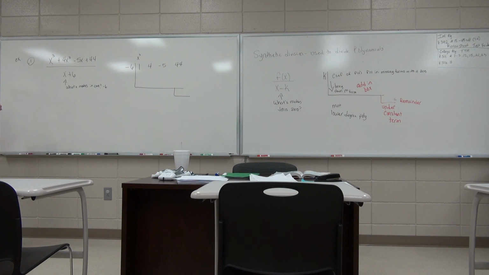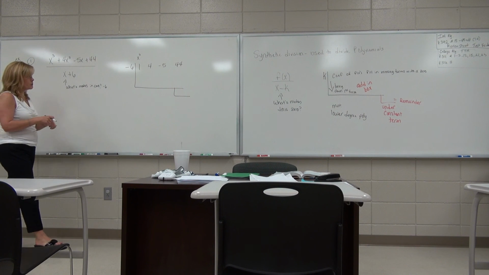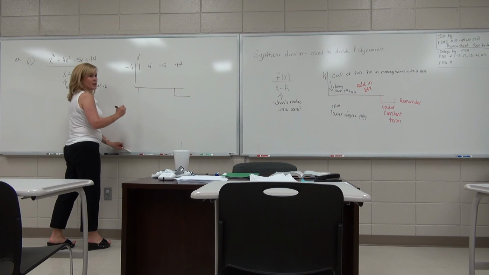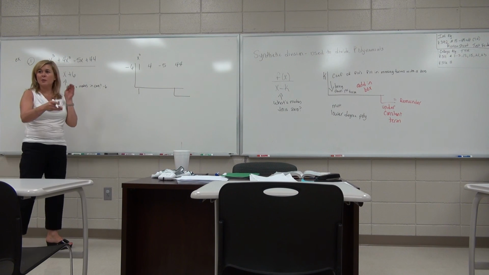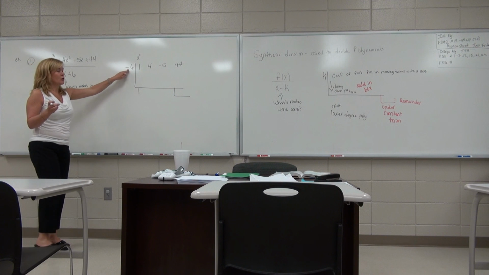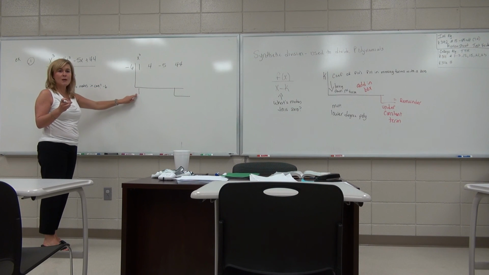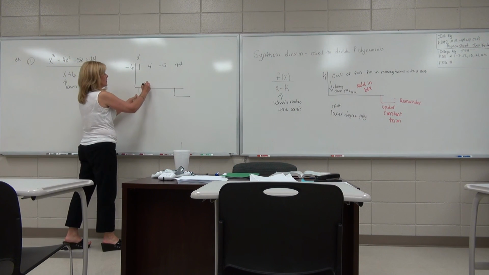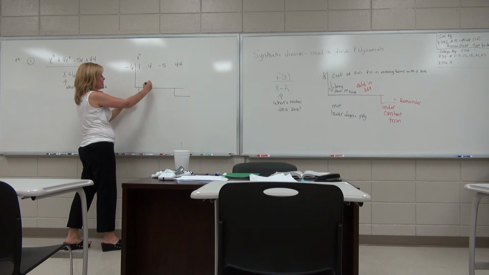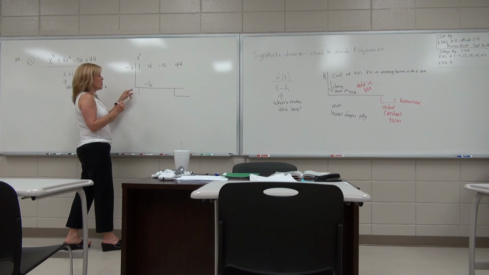Now this is the heart of synthetic division. You always bring the first number straight down. Now we're going to multiply, add, multiply, add, multiply, add. Ready? Everybody okay with the setup? You say negative 6 times 1, and what's that equal to? Negative 6, it goes right there. It's going to be like little check marks. Negative 6 times 1. You're going to multiply